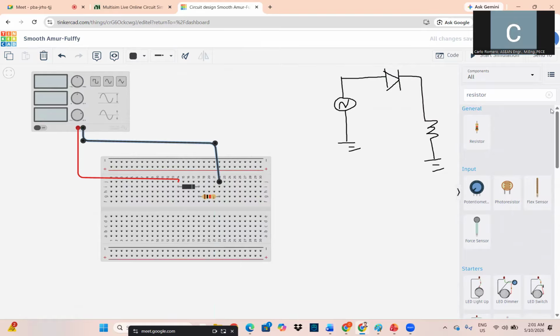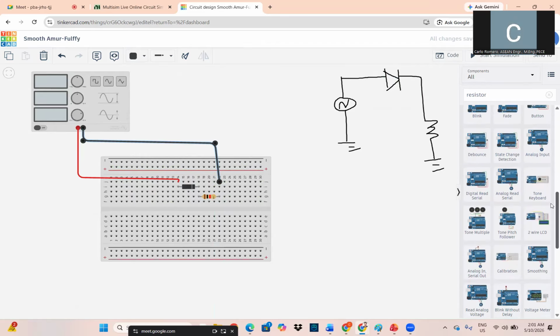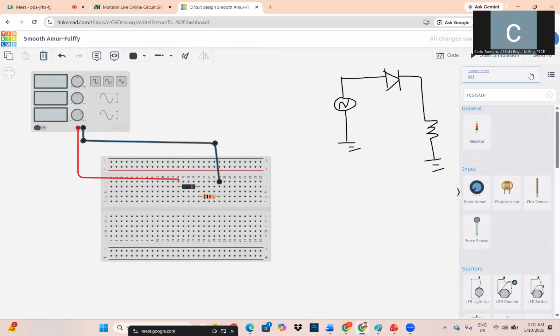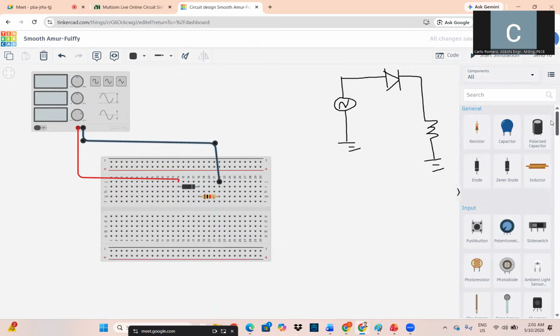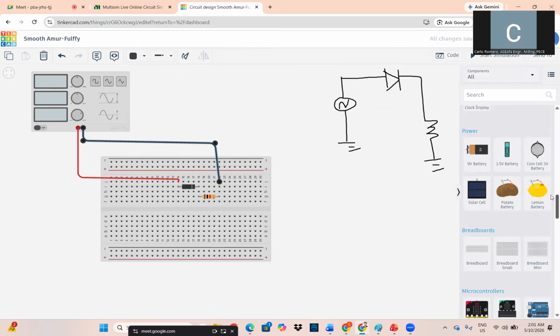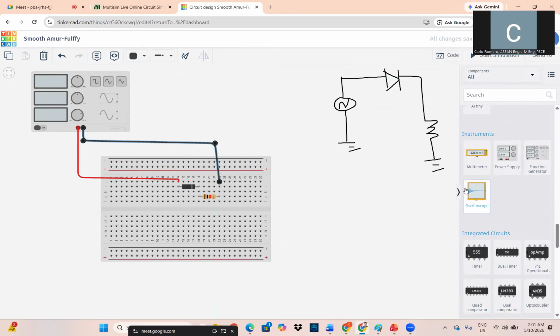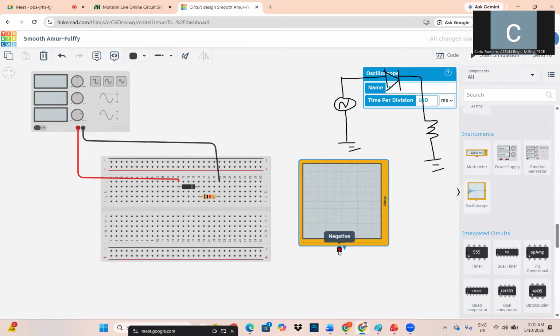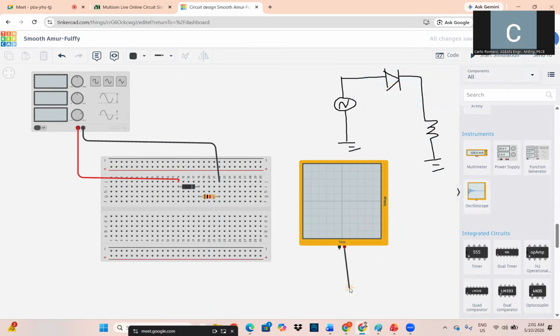Now to measure that, we need a multisim or an oscilloscope rather. So this is the oscilloscope. Now to measure that, this is the positive, negative. Okay, we'll fix the color later for the positive.